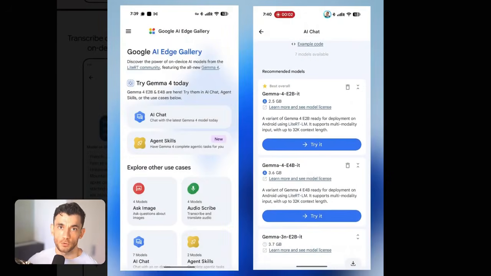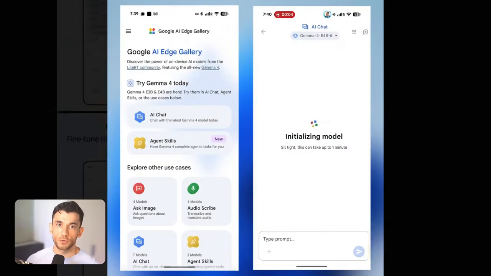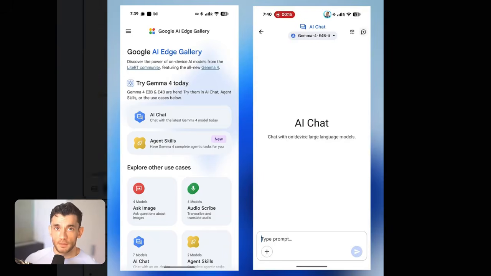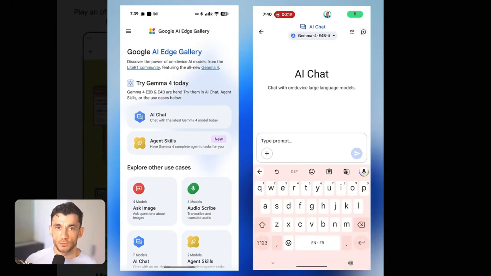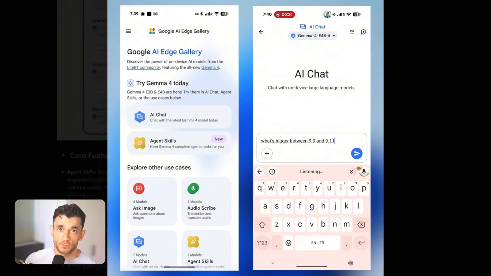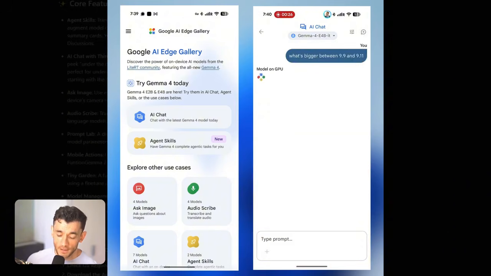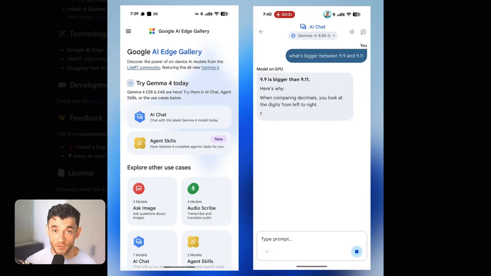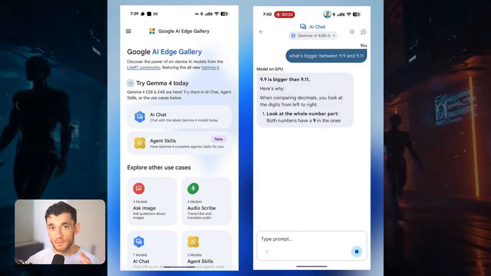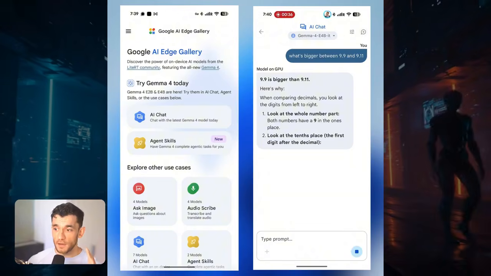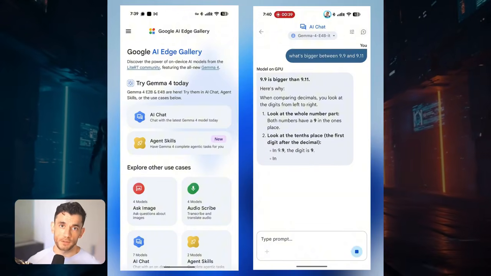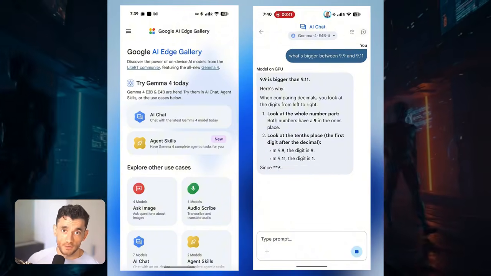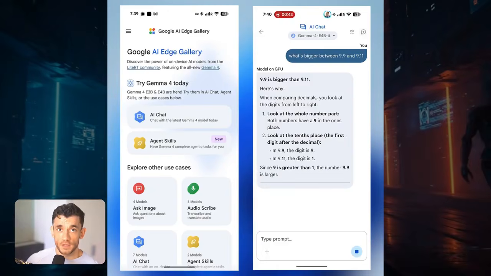Native audio input, not bolted on, baked into the model itself. Fifth, prompt lab. Single-turn tasks, summarize, rewrite, generate code, run freeform prompts, clean interface, direct output. Sixth, Tiny Garden, an experimental offline minigame that uses natural language to plant and harvest a virtual garden, powered by a fine-tune of FunctionGemma 270M. It sounds small, but it's a clever demo of natural language controlling app behavior